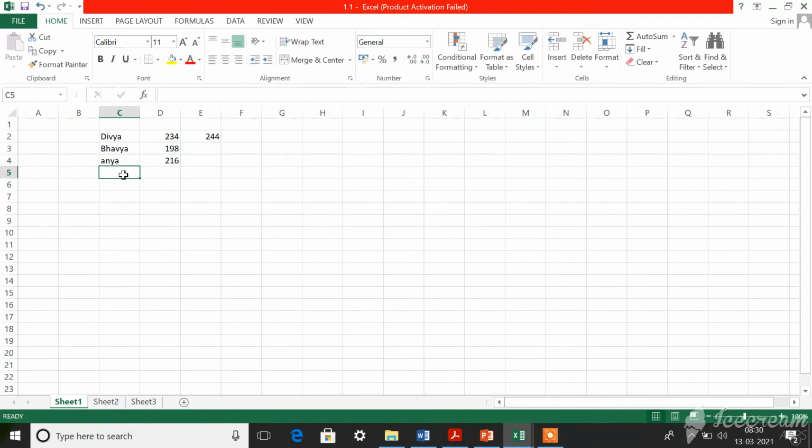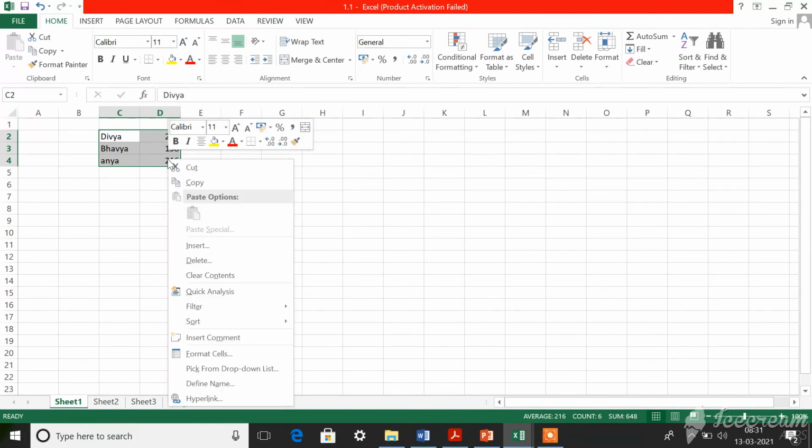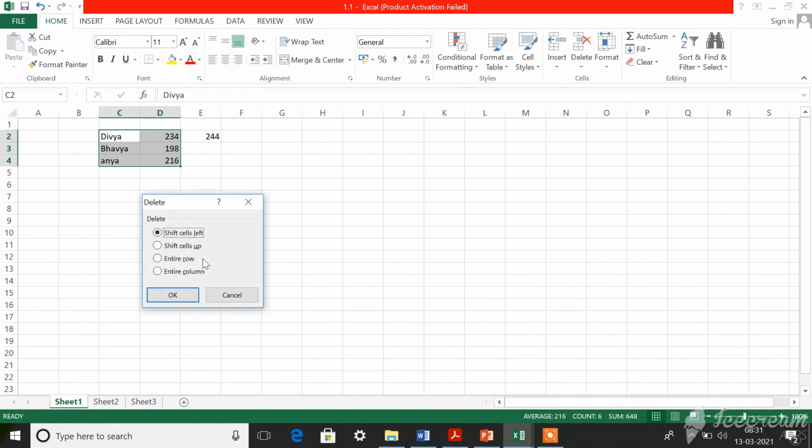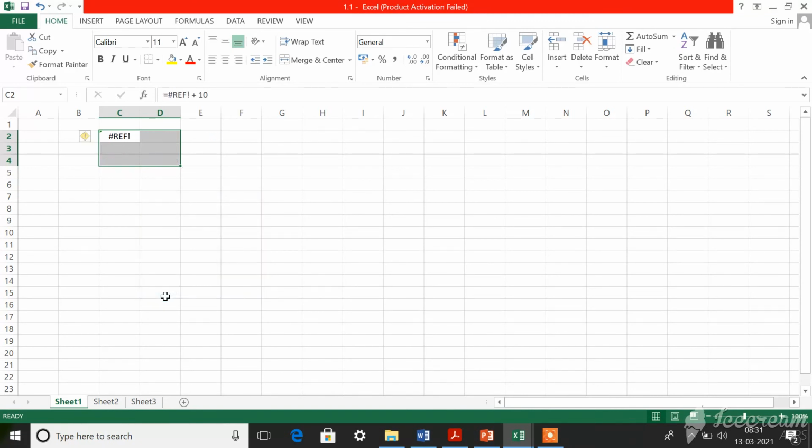Then if you want to delete the contents inside the cells, first you should select. I told you how to select, isn't it? Bring the mouse cursor from where you need to select, then drag your mouse. After dragging it, right click your mouse within it. When you right click, you can see this drop down menu. In that there is an option called delete, so click on that. Now it will ask whether you need to delete the entire column or entire row or cells. Whatever you want, you can choose and click on OK.